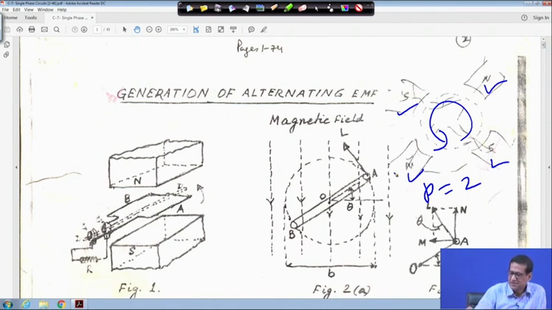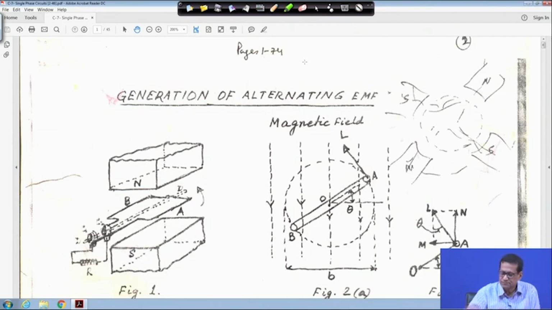It may be more also, it doesn't matter. So when we are talking here, we will talk about pairs of poles instead of number of poles. If you say number of poles, then in this case it is 2 poles. But when we are talking about pairs of poles, it is 1 and 1 together. So it is one pair of poles, that is N and S. And here P is equal to 2 because there are 2 pairs of poles, right. So, if it is so,